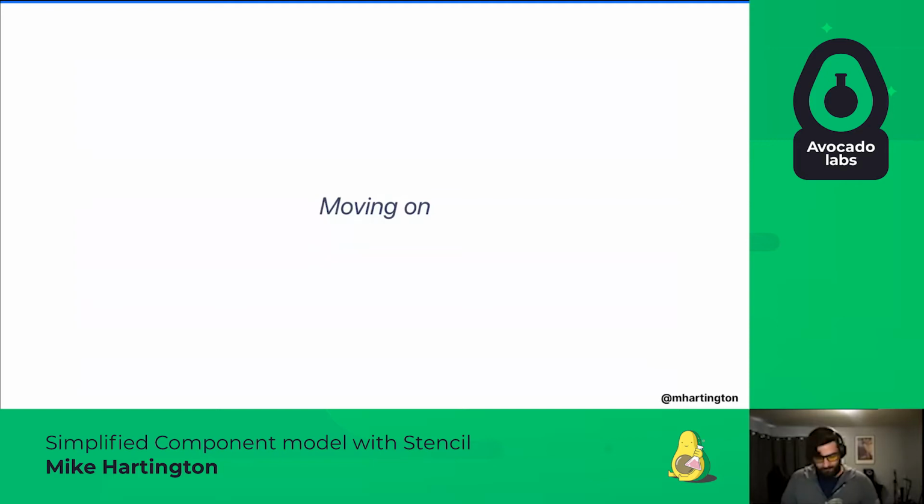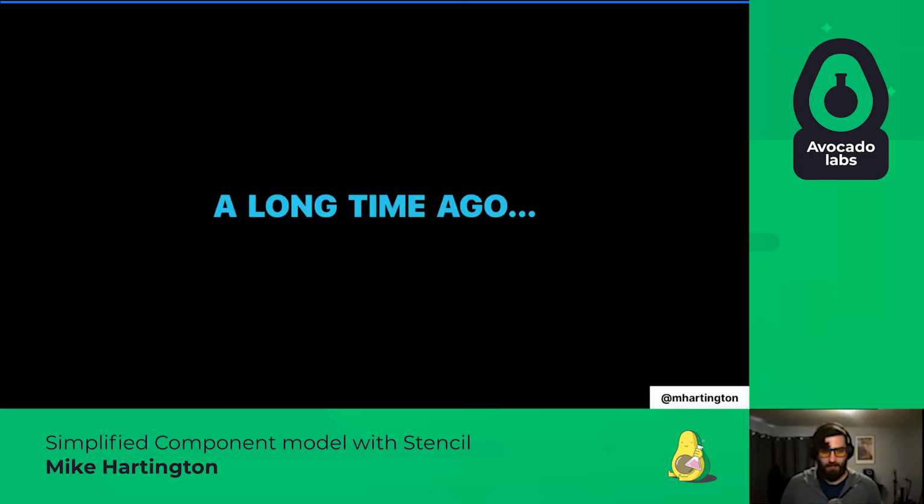Cool. So first, let's ask a question that might seem pretty vague. Why should we care about component models? Why should we care about what we can do to make things simpler? Where did these components come from? Think about all the questions that you could propose when you think about component models and components in general. So if we go back a long, long time ago, in the yesteryears of Web 1.0